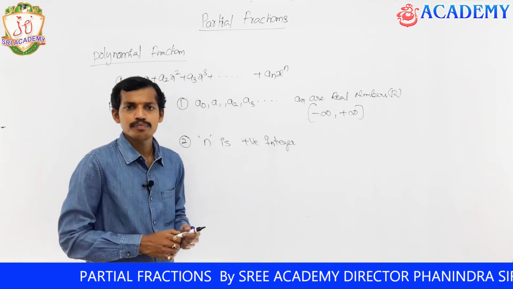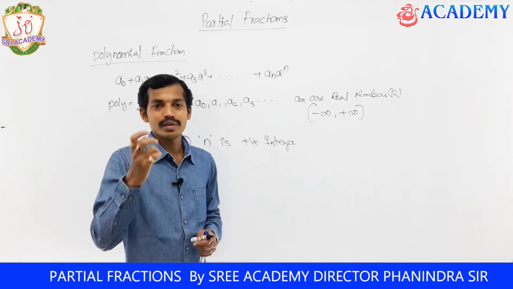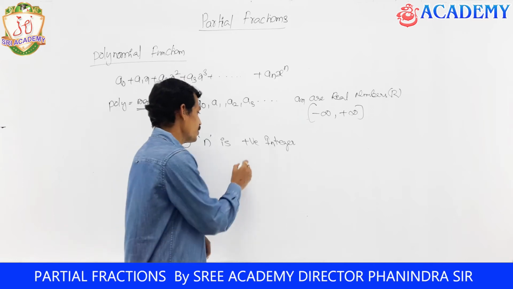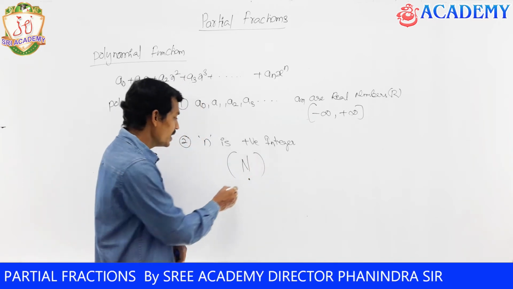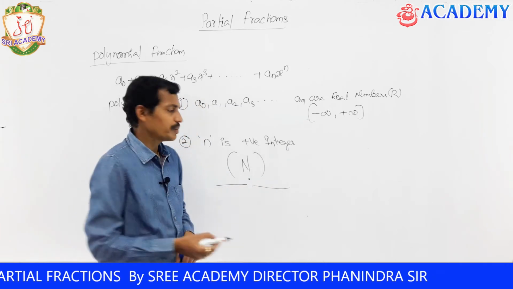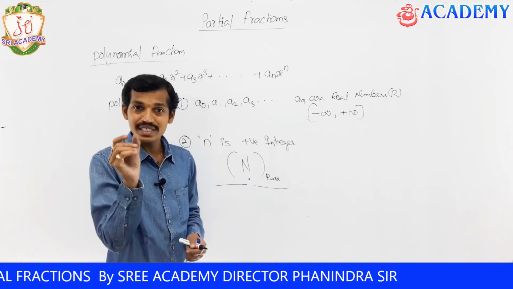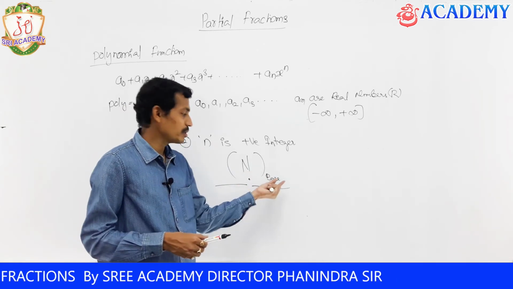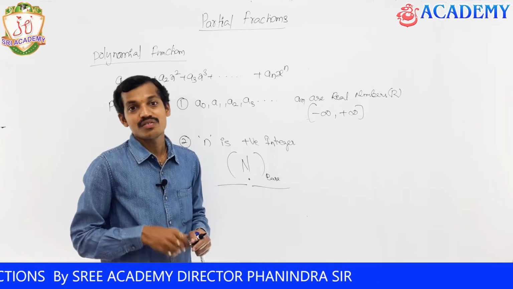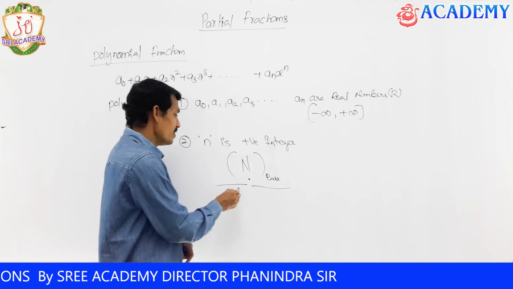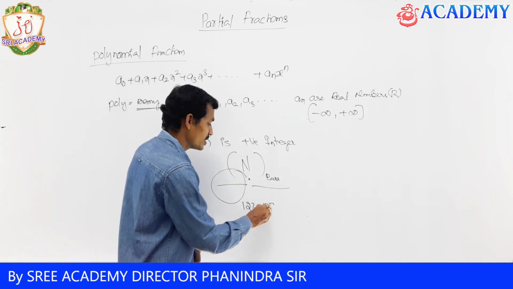Integer means, see, engineering students, ECE, EEE, computer students, one topic is there for you in digital. Each and every number is going to have an integer part and a fractional part. The base is going to be said, in the number system concept you get the base. The number before the base point is called the integer, and the number after is called the fractional part. For suppose 1, 2, 3.4, 5, 6 like this.